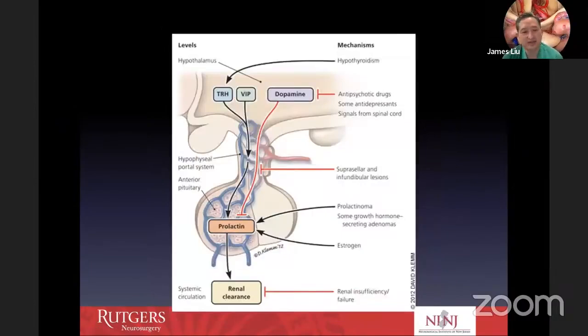So it's important to understand the pathway of hyperprolactinemia. Remember that there's a basal level of secretion of prolactin, and that dopamine or any drugs that mimic dopamine can inhibit the natural negative feedback of prolactin. So if you have a large non-functioning tumor that compresses the pituitary stalk, you will have mild elevation of prolactin,